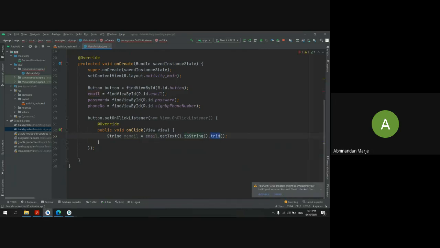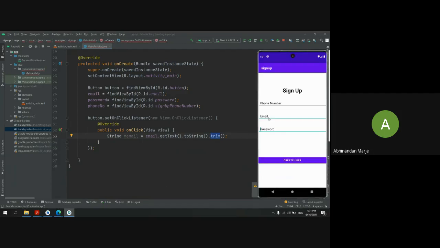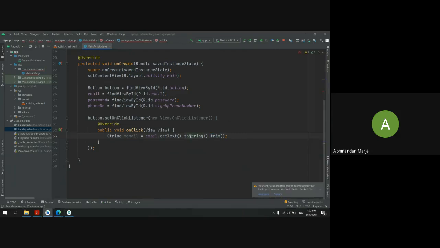And why I'm using the trim is, let's say I'm clicking here, I'm adding some space first by mistake, and then I'm adding my name or my email ID here. Then you can see if I add those space also here, the space is also in the string. Okay, I don't want the space in our string, so I'm using the trim method. So it will delete all the spaces which you have included.